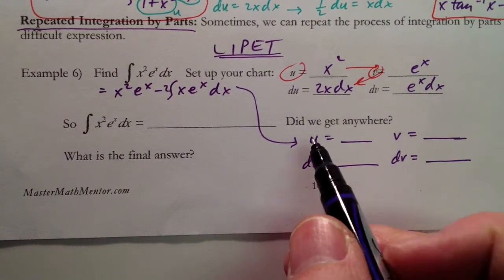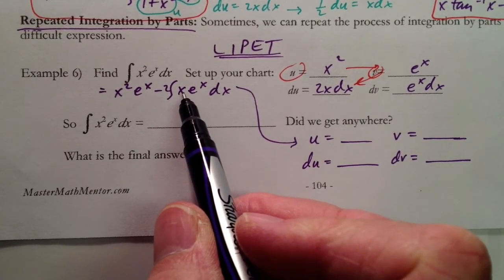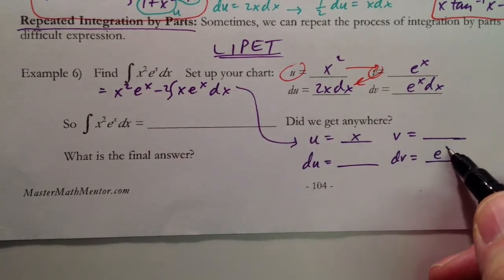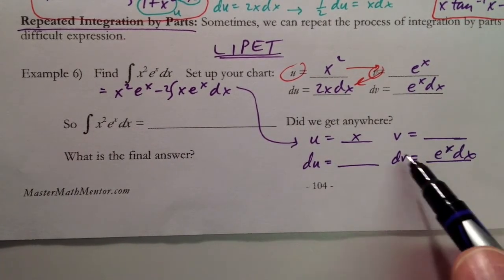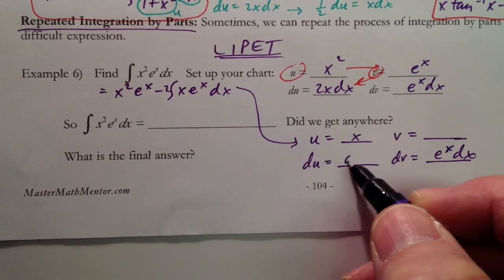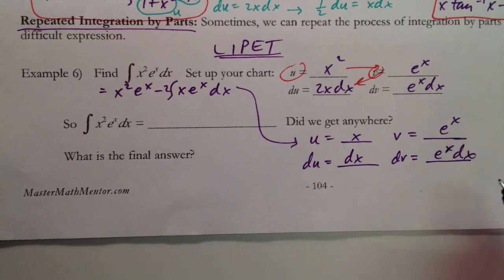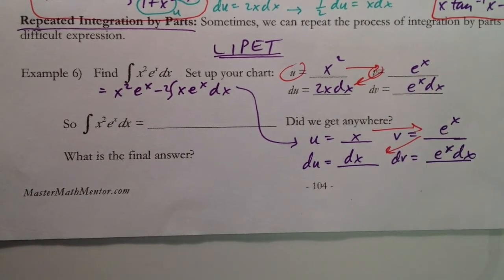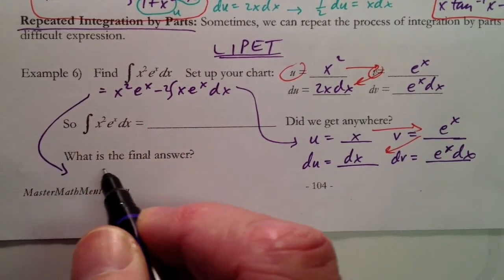Alright, u equals, again, we follow LIPET, and now this one, x is our polynomial. Our dv is our e to the x dx. Okay. And then we know that du is equal to dx, and we know that the antiderivative of e to the x is e to the x. We do our ultraviolet voodoo one more time, and we've got,